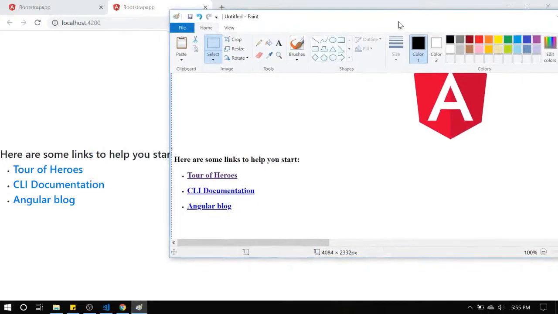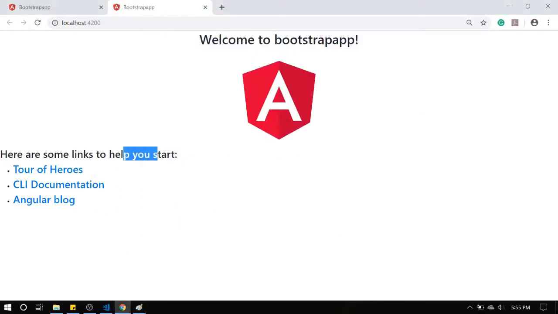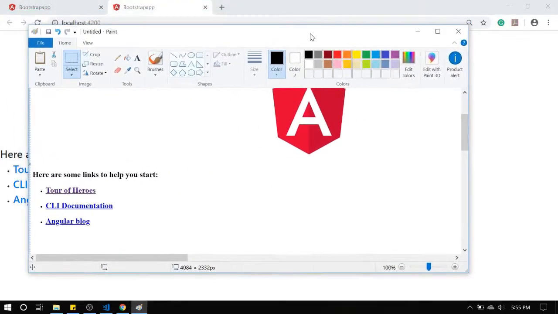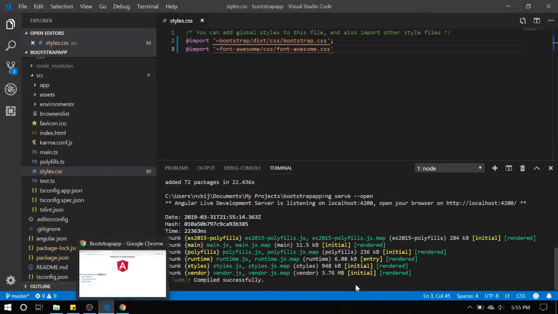So let's compare that once. The default one was different, and the one after importing Bootstrap is also different. So now Bootstrap got referenced properly. So now what we can do is close this and go back to the code and